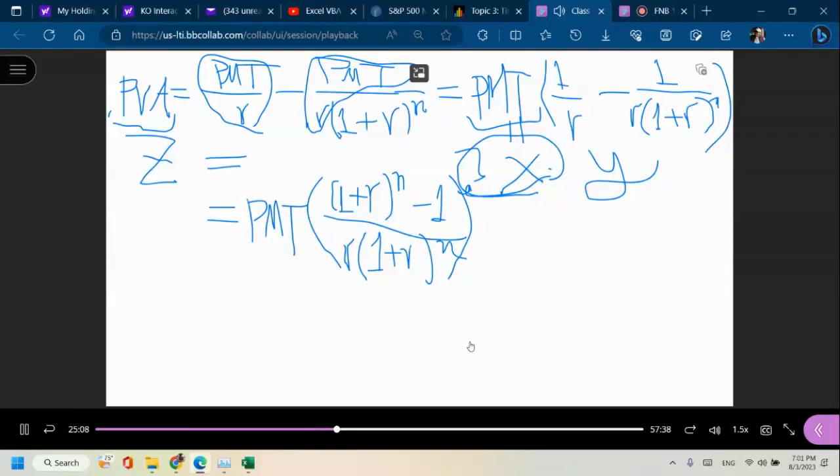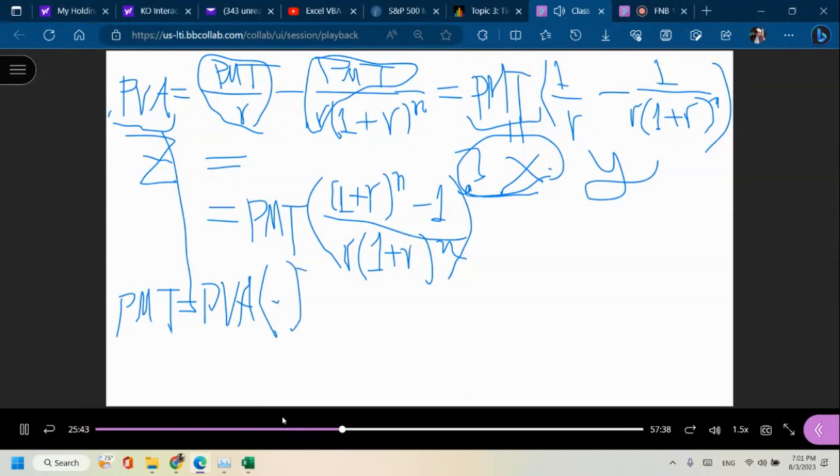So now, solving for payment, what do you need to do? Payment is z divided by y, so that's PVA divided by this. Dividing by something is the same thing as multiplying by the reciprocal of the number. The reciprocal is something raised to -1, so this thing in the bracket raised to -1. So if I rewrite it, it becomes